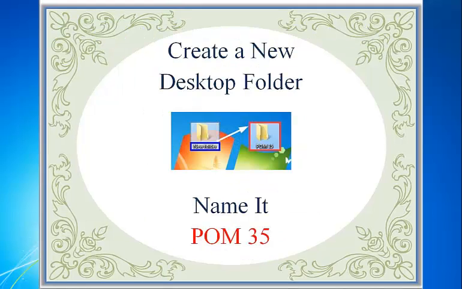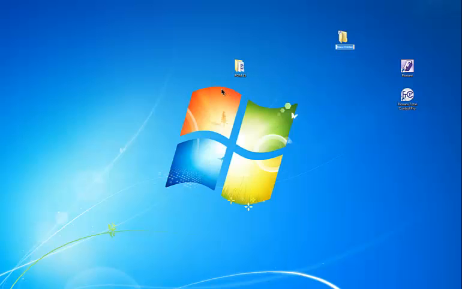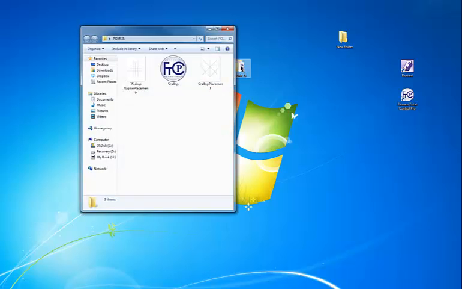Let's begin by creating a folder for our project this month. Let's right-click on our desktop, New, Folder. Now I have already created my folder, but you will be naming this folder POM 35. And inside this folder will be placed all of the files that we will be creating for the